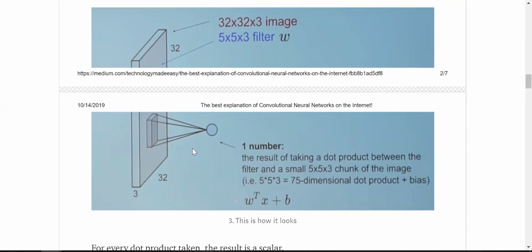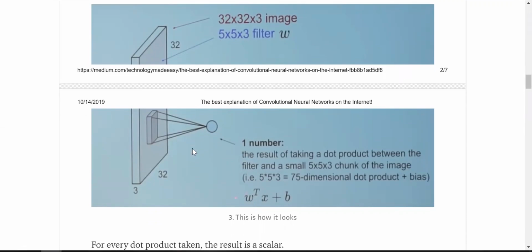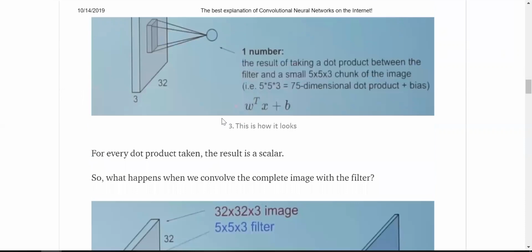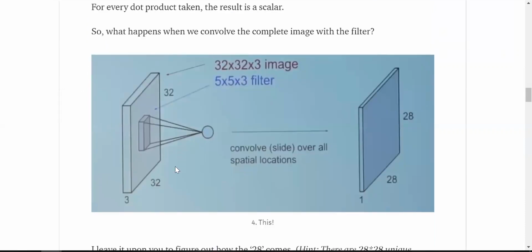So how it happens is it is a dot product between two matrices. One is the image matrix, right? And the other one is a matrix within the filter. In this case, it is a 32 by 32 image, and it's a 5 by 5 filter. So that's what happens. If you can see this, right? Here we have transformed the 32 by 32 image into a 28 by 28 filtered image. This is what a filter does.